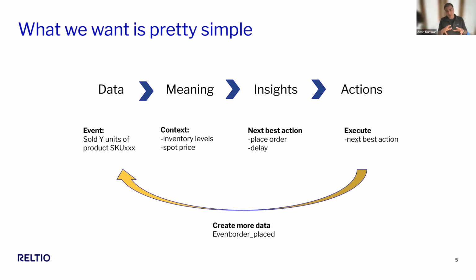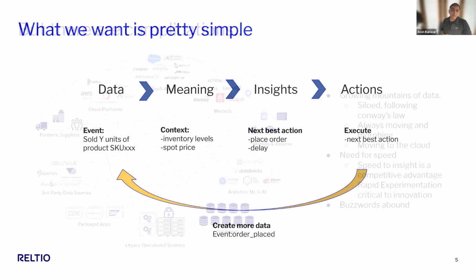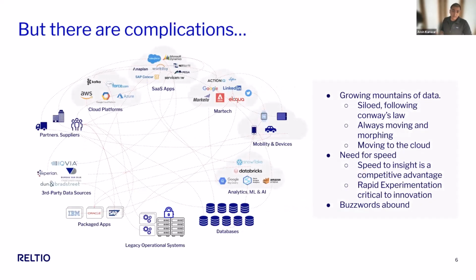So the reason I laid this out is, as we talk, we'll get very specific on data meshes, data fabrics, and so on. But it's this focus on meaning that really is driving a lot of those architectural concepts. So what we're trying to do is fairly simple, right? It's like, you want to get slim? Well, eat less, exercise more, right? Sounds pretty simple, but really the devil's in the execution. And you all know, perhaps even better than me, all of the complications that get in the way when you're trying to achieve that set of actions that lead to business outcomes.